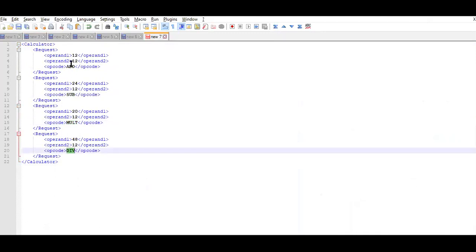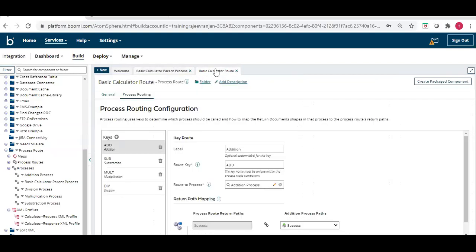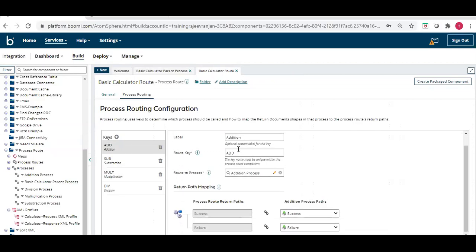This is the reason we are using this particular value as the key here. You will see here we are using the route key add, and once we use the route key as add, we are selecting the route to process. So this is nothing but my addition process.